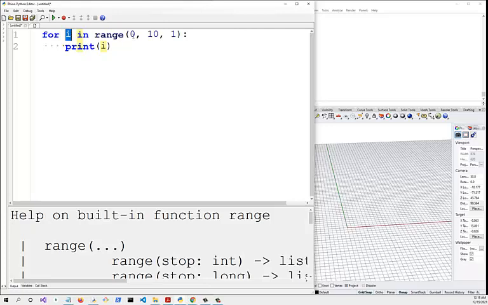Then it says that first I will take a value of 0, it will go up to 10, and at each step it will increment by 1. So I goes to 0 and it prints this statement. Once it has completed printing this statement on line 2, it goes back to line 1, and when it goes back to line 1 the value of I becomes 1. So it does this 10 times, and the value of I goes from 0 to